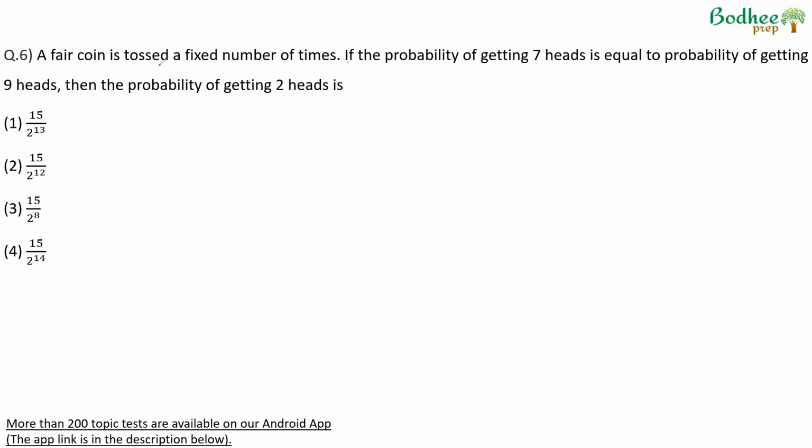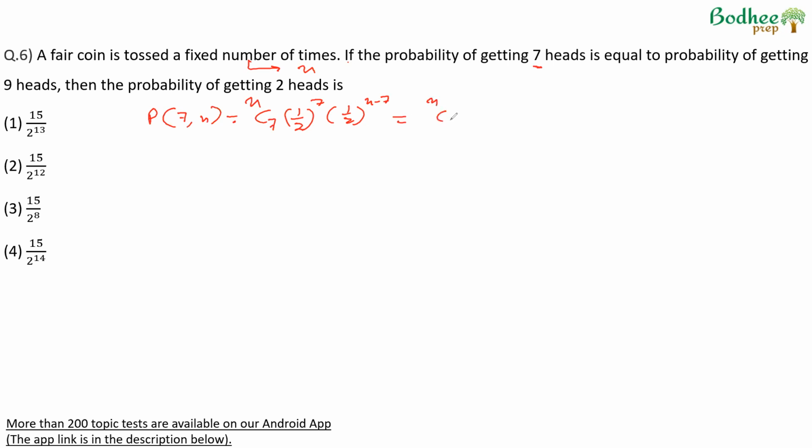A fair coin is tossed a fixed number of times. Let the number of times be n. The probability of getting 7 heads is equal to the probability of getting 9 heads. Probability of getting 7 heads out of n tries is given by nC7 1 by 2 raised to power 7 for heads into the probability of the other event, 1 by 2 raised to power n minus 7, because it is an unbiased coin,